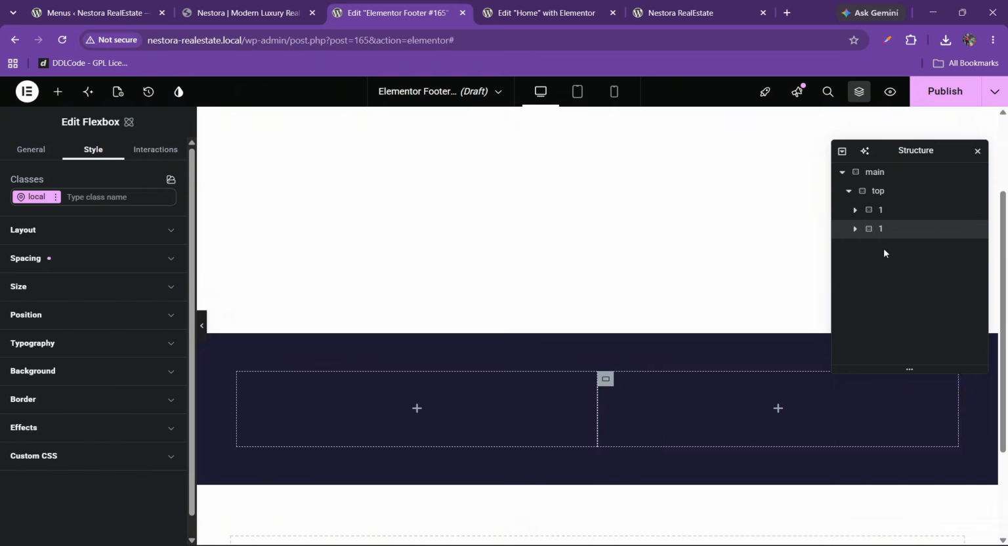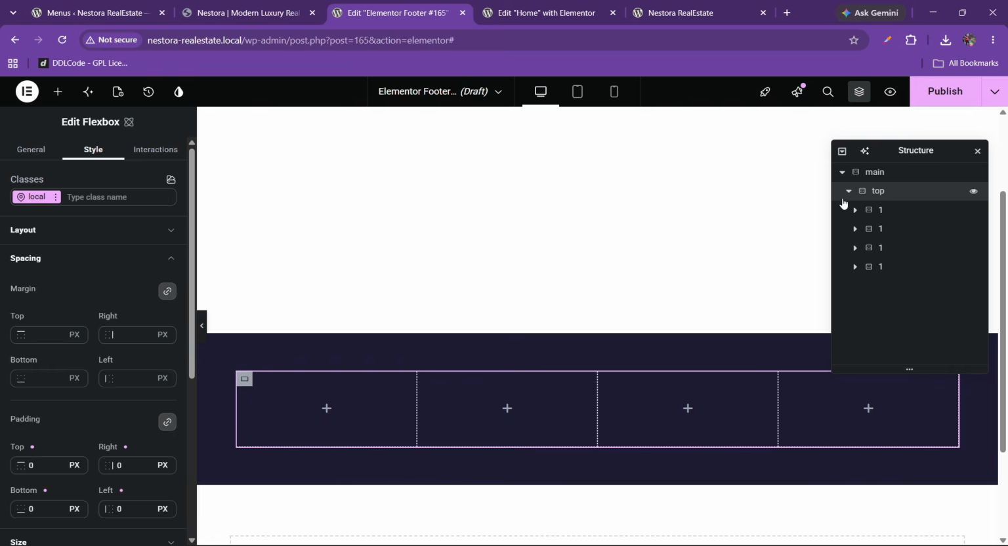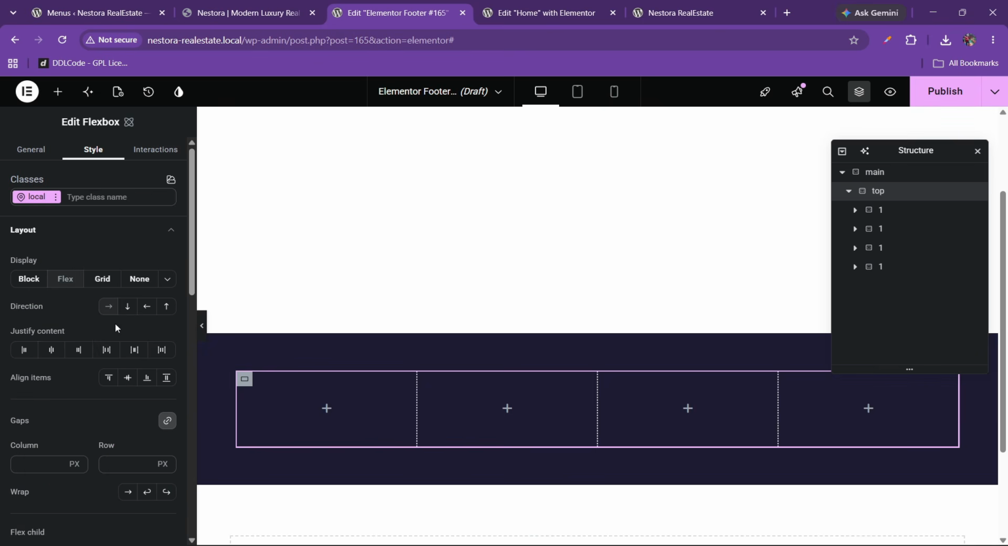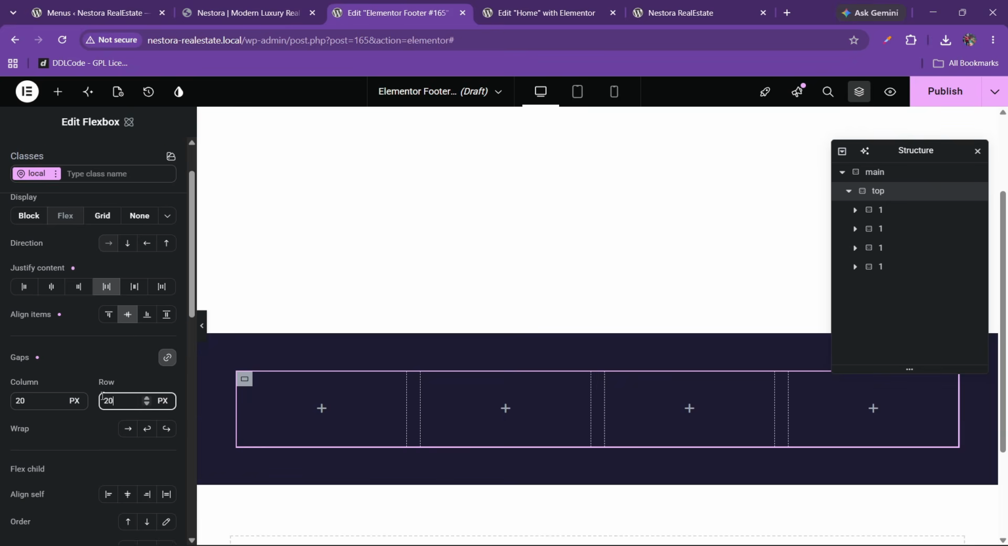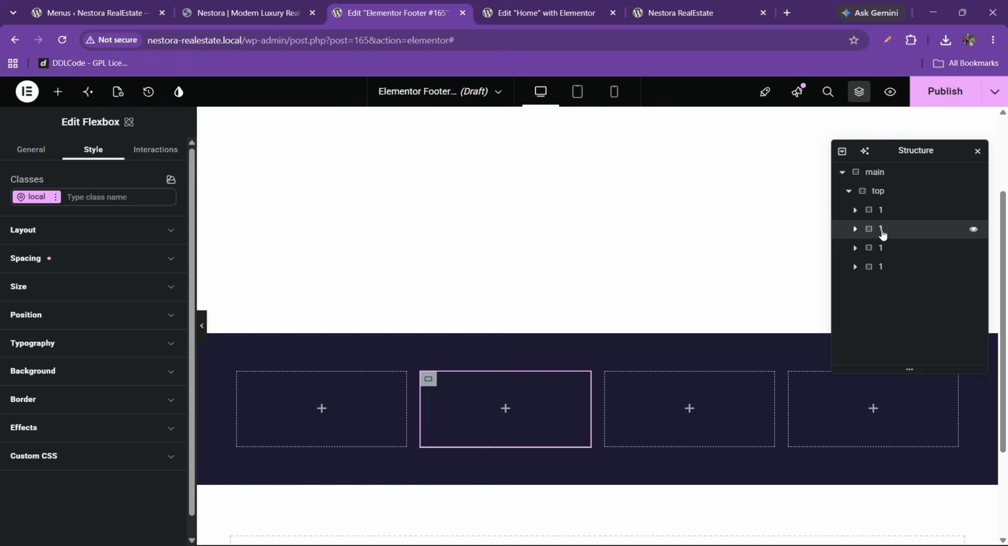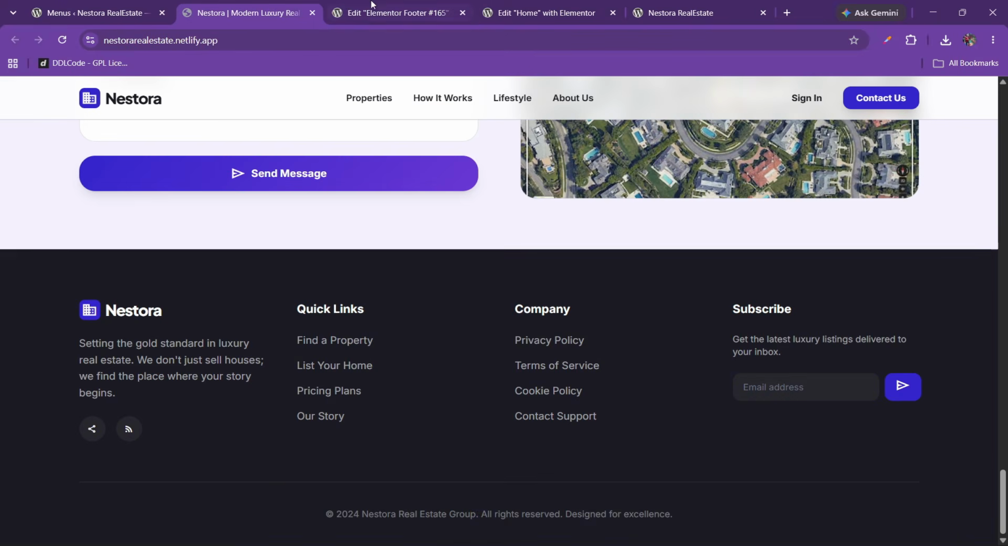Now let's duplicate it. Now click on this top layout, and here we can just make it like this. So now what we can do, we can just add the gaps here like 20. And here you can rename this if you want. We can rename this like 3, and we can also rename this like 4. Now you can see we need to add